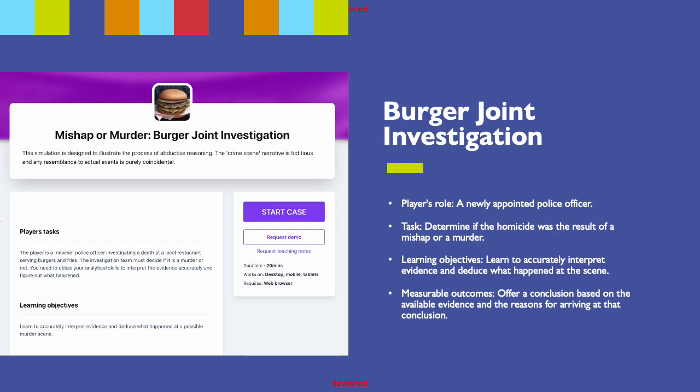Very simply, in this simulation, the player's role is that of a newly appointed police officer. The investigative team addresses this person as newbie. Their task is to determine if the homicide was the result of a mishap or a murder and present their findings to the head of the precinct. The learning objectives for this activity is to learn to accurately interpret evidence and deduce what happened at the scene. And the measurable outcome is to offer a conclusion based on the available evidence and the reasons for arriving at